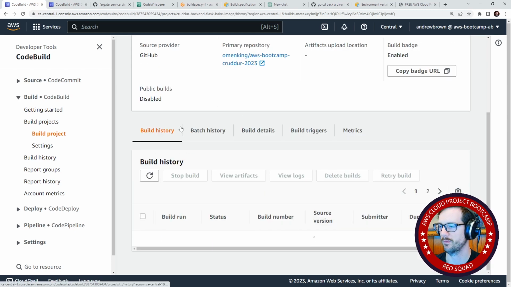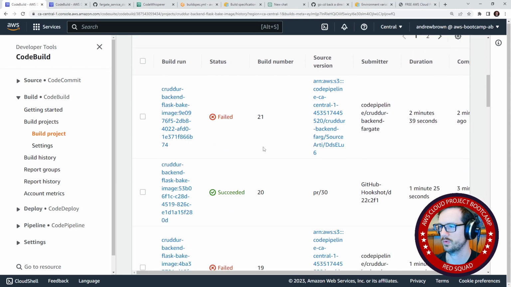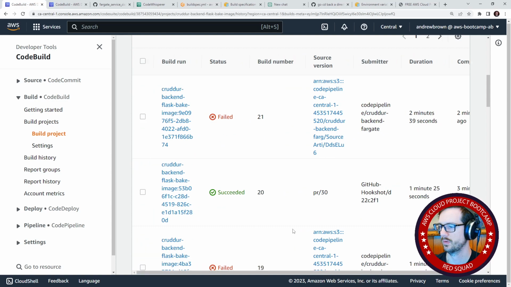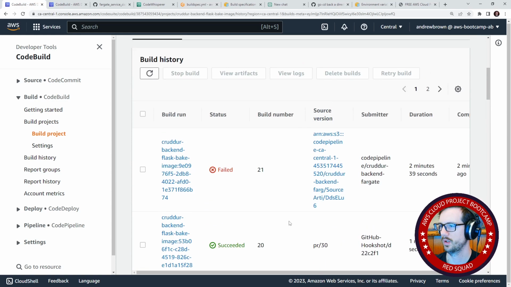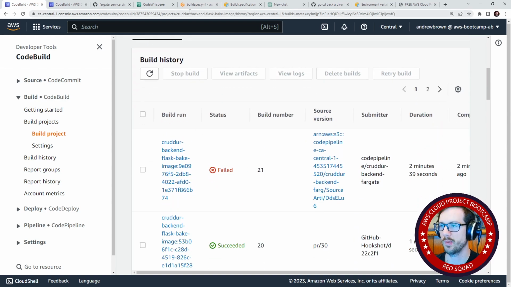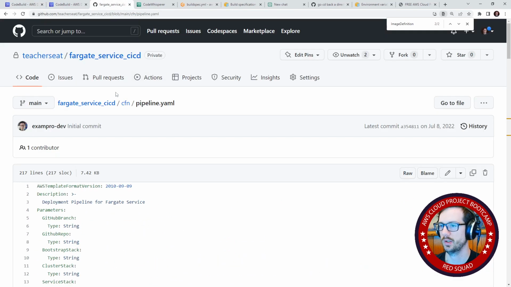It's not building anymore if we refresh. Yep, so it's on to 21. Why is there 21 here? It didn't run 2, did it? Again, that's what I'm worried about, is that it might be running 2. So again, what I'm going to do is I'm going to go back over here. Well, first one, it failed for a different reason, so maybe it's not the same, but we'll go to our